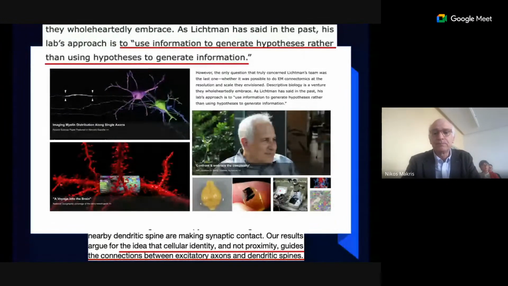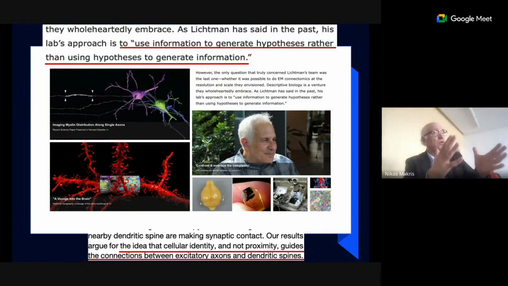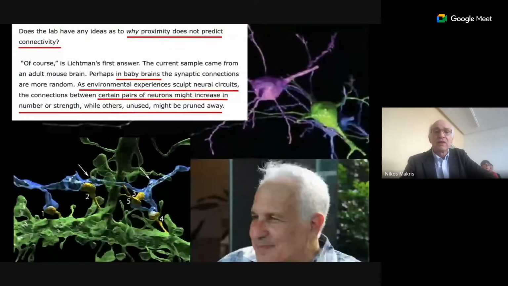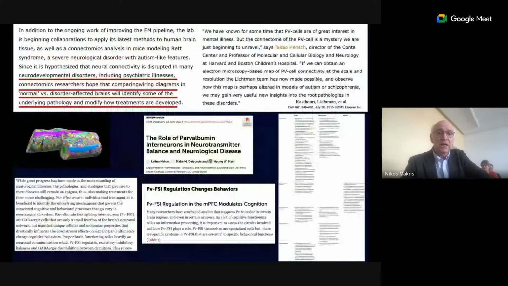So basically, to make it short, the idea is that there was a dogma that when you had two cells, an axon and a cell body, that were very close, it was considered for decades that it's proximity that makes the connection happen. And what he comes up with in these different visualizations is that it's not proximity, it's the identity of the neurons. They can be very close and may not have any relationship. And therefore, it's a very meaningful thing,